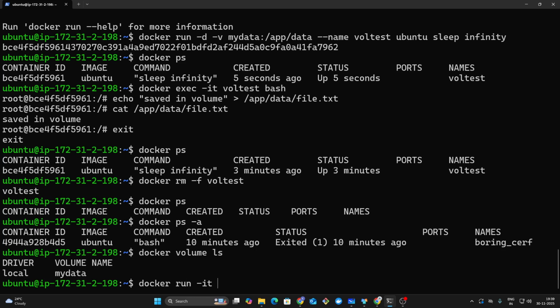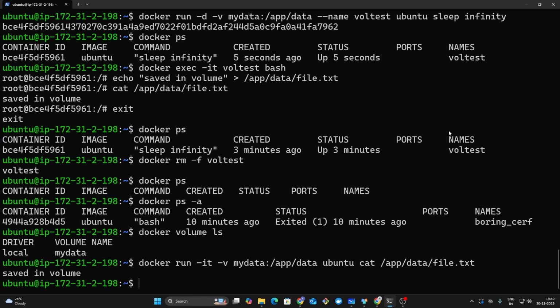This time I'll go directly interactive. -v for volume, my data is my volume name, slash app slash data, ubuntu. I'll use cat and open my file directly, app slash data slash file dot txt. You can see saved in volume, because even after destroying the container you are able to see this,